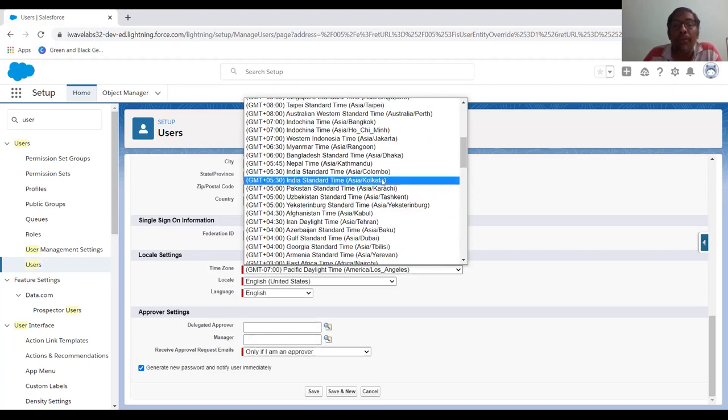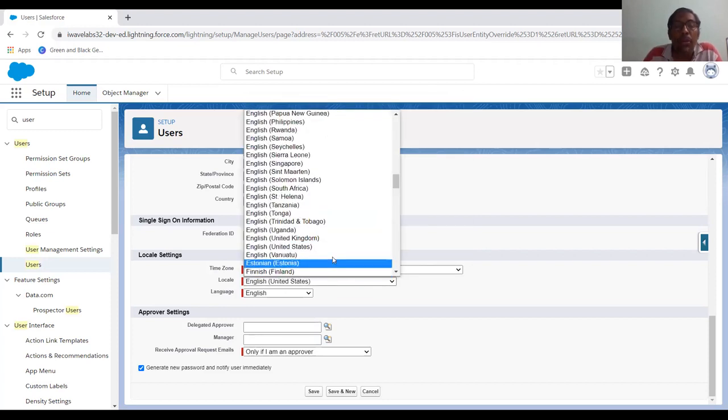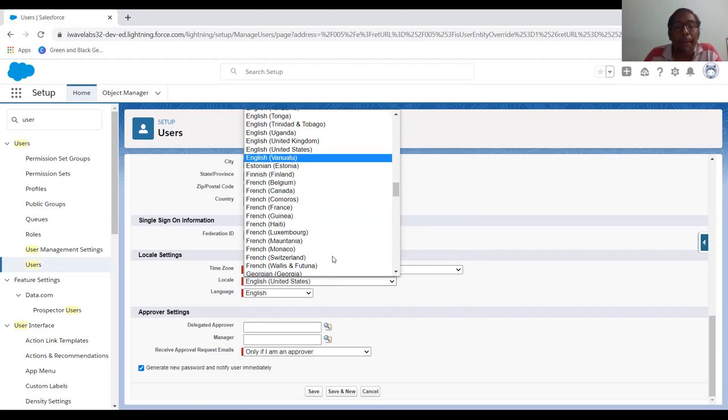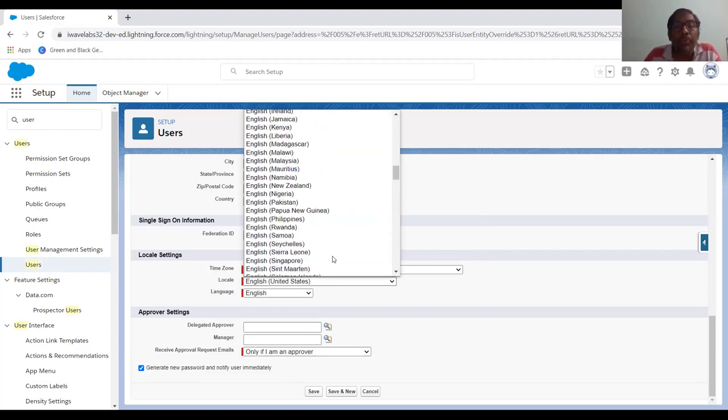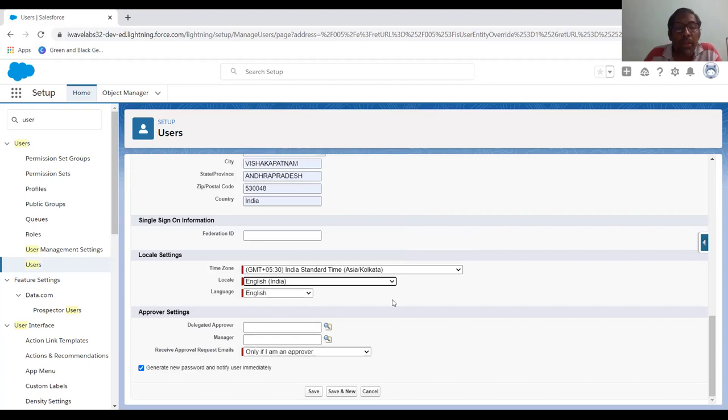So here we have Indian Standard Time, Asia, Kolkata. I'll select this, and the locale is going to be English, India. The language is going to be English.